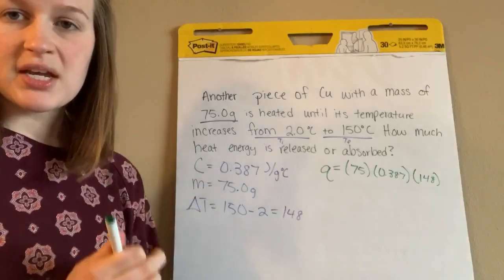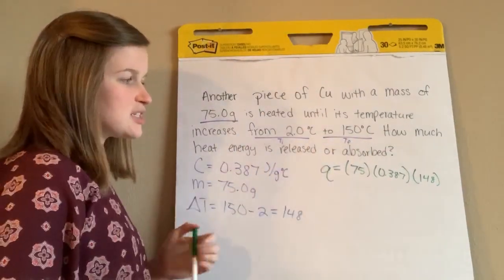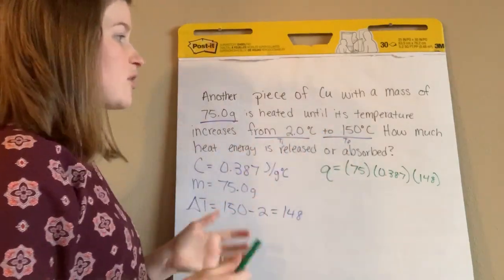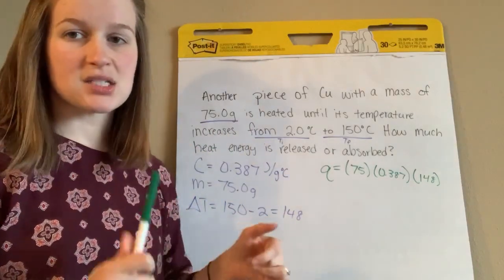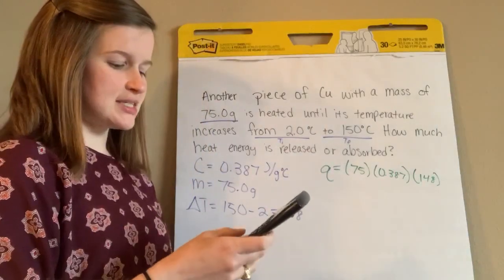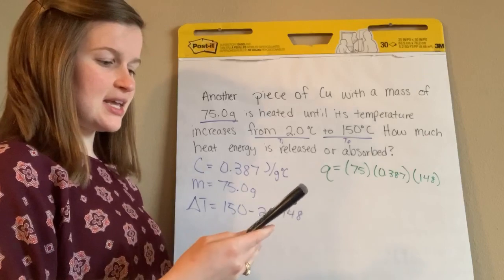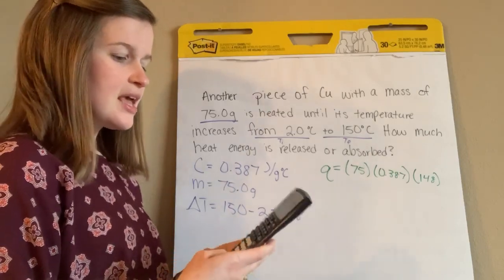So now it's just a plug and chug, you're multiplying. A couple of things here. It's asking you how much energy is released or absorbed. Our final minus initial, first of all, we're heating it. It's going to be absorbed. I also know this because I'm going to get a positive Q value for this. So when I take 75 times 0.387 and then I hit enter, and then I do times 148, that equals